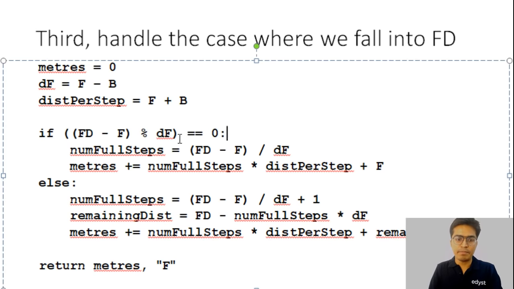So the first if is where we go when we know that f is the size of the step that we are going to take. Otherwise, we're going to end up exceeding that fd minus f, right? So what we end up doing here is we take the integer division, right, and we take the ceiling of it. So for instance,